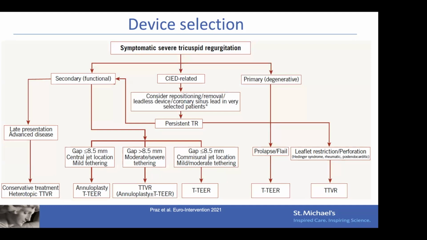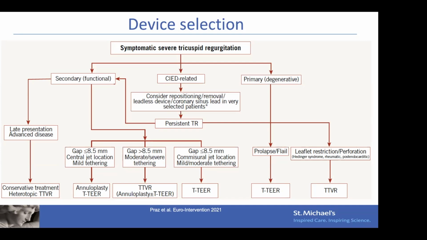So if we then summarize device selection in a flow chart, based on the mechanism, for primary TR, if there's a prolapse and flail, and the gap is not too large, then I would say TEER is probably the first line to go. When there's severe restriction or perforation of the leaflet, or leaflet quality is insufficient, then valve replacement will be your best option. For functional TR,